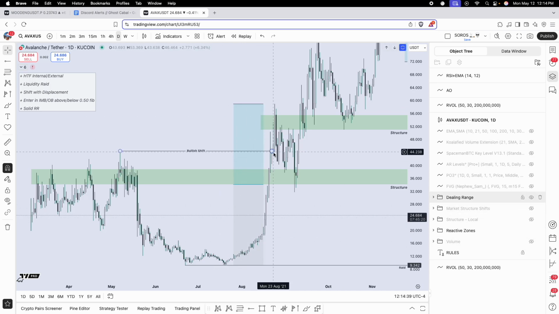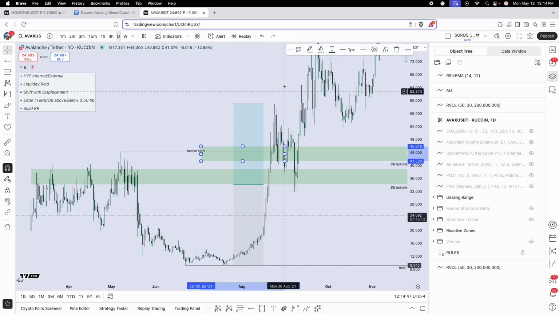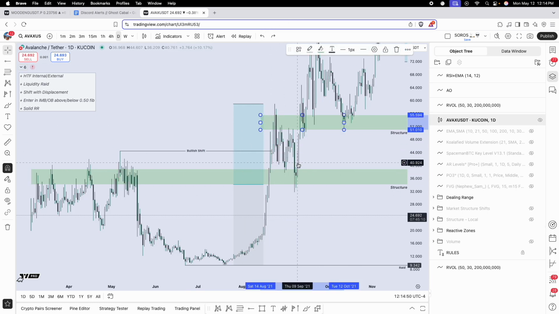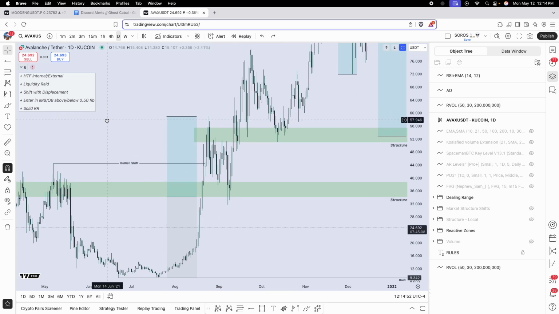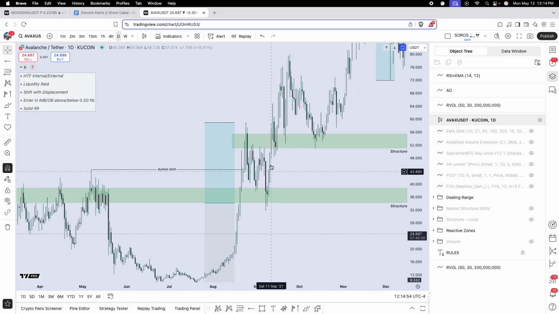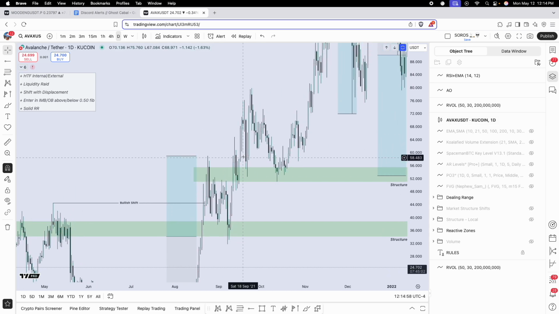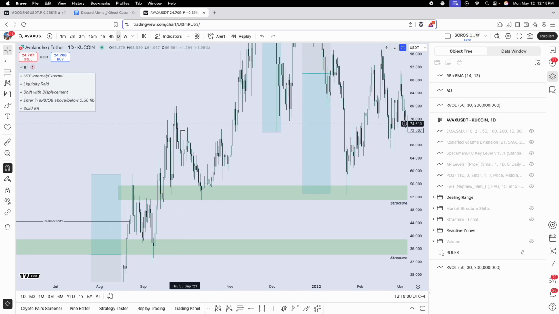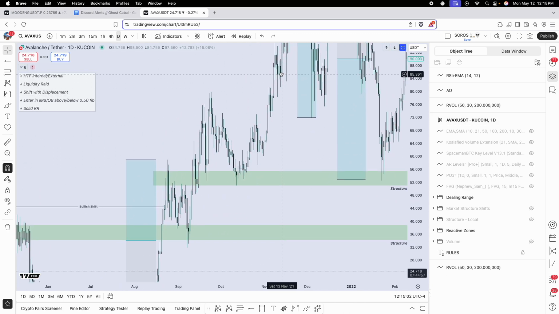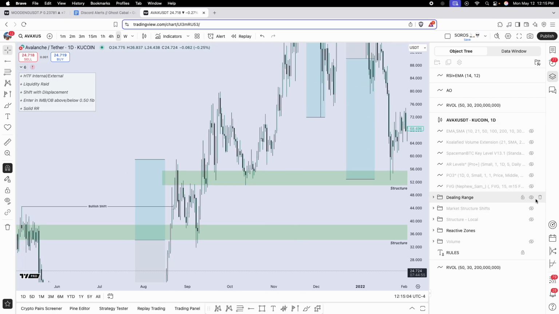is within your dealing range when it pulls back into equilibrium to backtest that reactive zone. And this would be like a successful backtest confirming a shift in order flow. So then from here, if it does confirm, now you can expect them to take out the previous high and then expand up and create a new trend with bullish order flow. So with that,